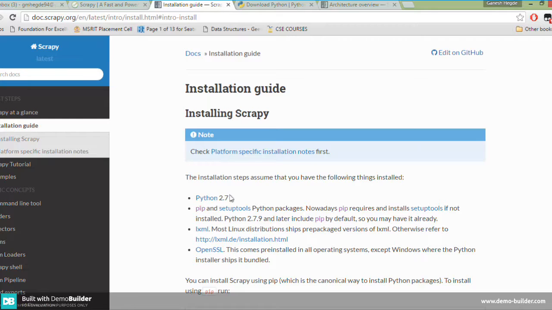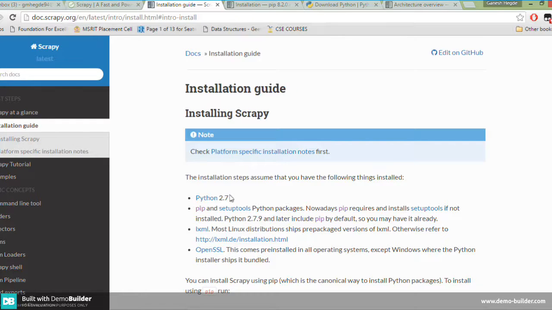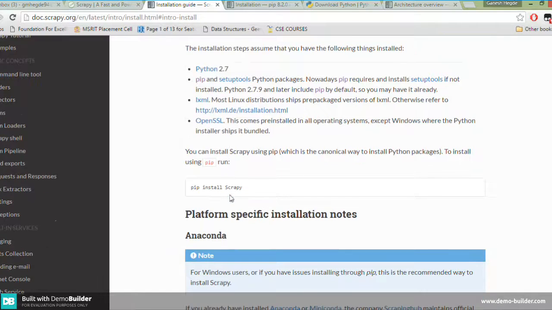Python 2.7.9 and later includes pip by default. You may have it already. Otherwise, we need to install pip. Click here, and it will go to the installing guide for pip. Before that, you can go to the Python page also. After installing pip, you can directly install Scrapy by using pip install scrapy.